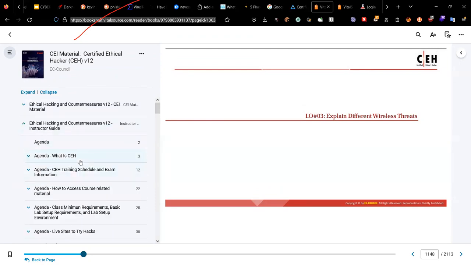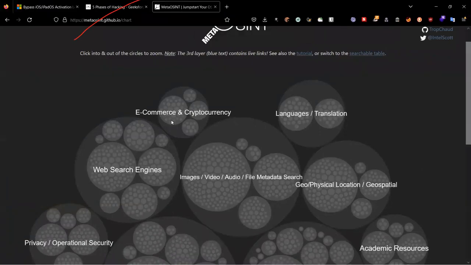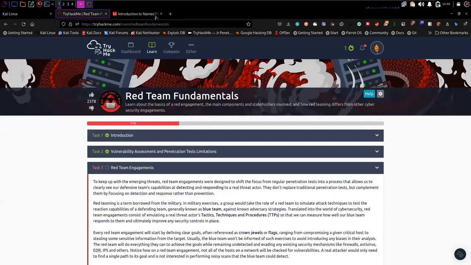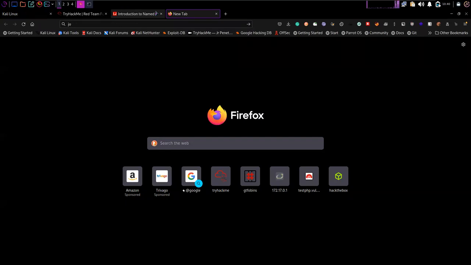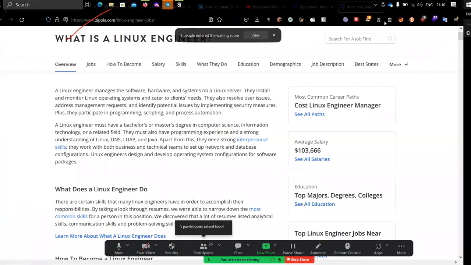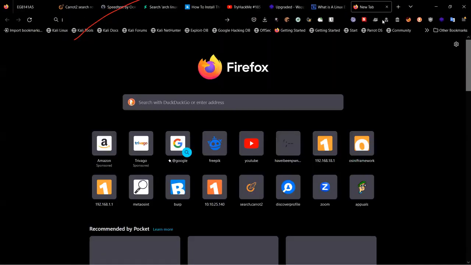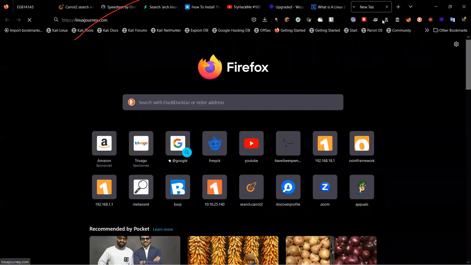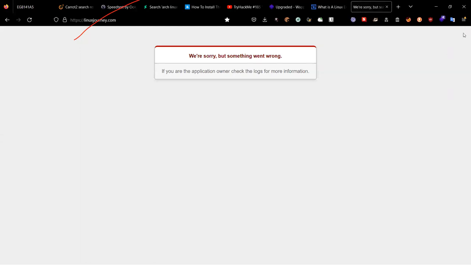So you should research Linux, and you should start learning the Linux commands. There are a lot of Linux commands you need to learn before you get into this. I can give you a site to understand more about Linux. The name of the site is Linux Journey. Let me just show you here. This website is a really good website which will help you to